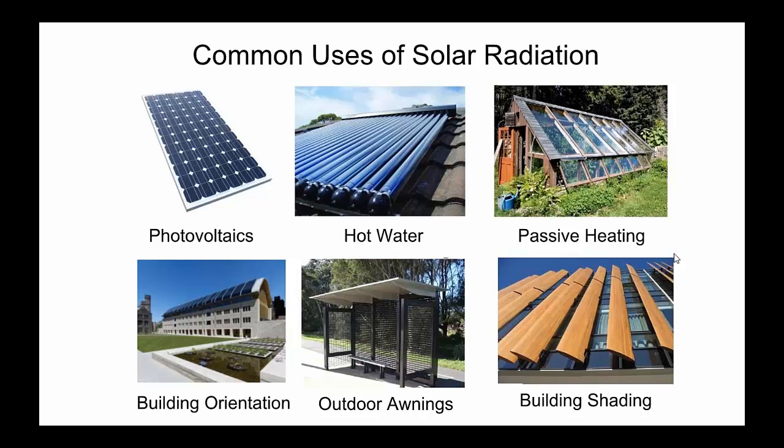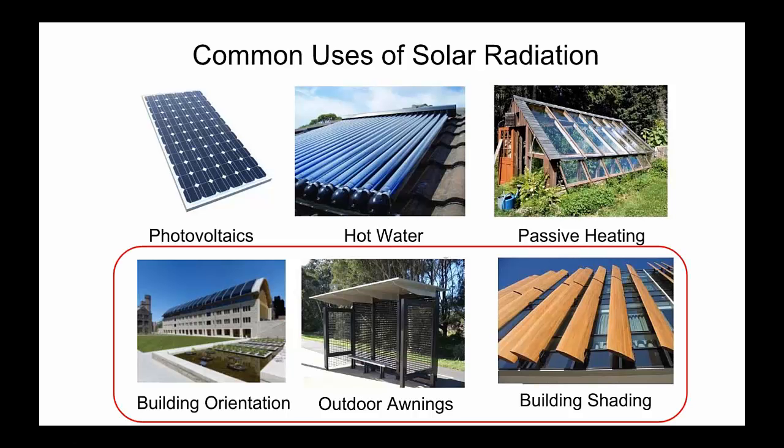And in particular, we're mostly going to be focusing on these three today. And actually, outdoor awnings are going to be at the very start of the next one when we start to engage thermal comfort and occupant comfort in relation to the sun. So really, in particular, we're going to be looking at how you use radiation to inform your building orientation studies, and how you use it to define your building shading and glazing systems